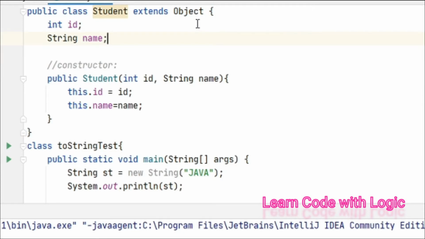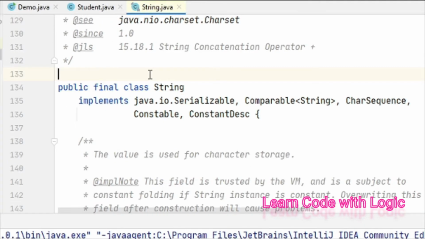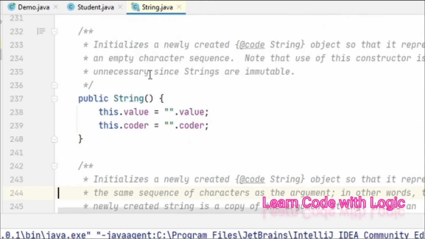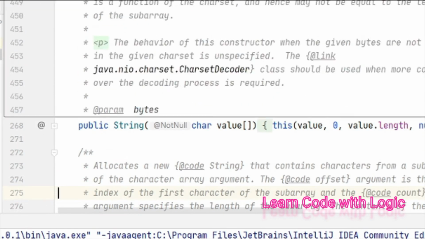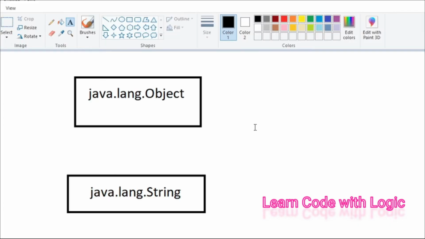If you want to read about the string API, you can press the control key and click over here. Then it redirects to a page where you can see the string API completely, methods, constructors, everything. So what it represents is that the string class is extending the object class.